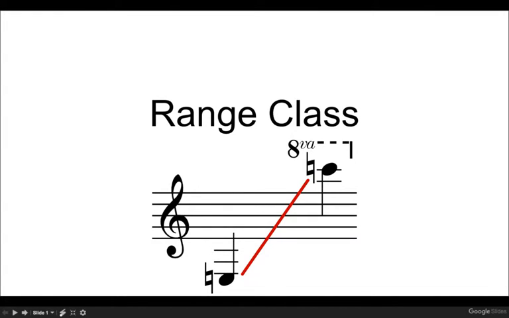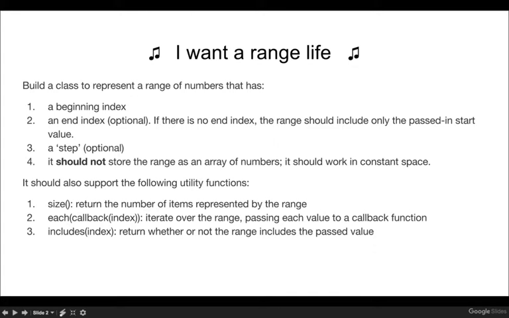Alright, so this is the Range class. We have a range here, as you see. Looks like a low E to a high C. That's a pretty impressive range. Good job. Okay, so with a range, we want to have it so that you can pass in a range,